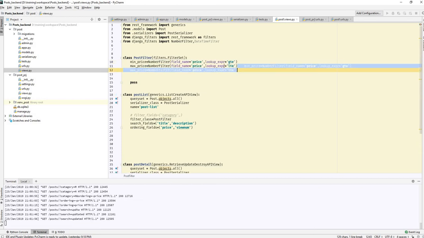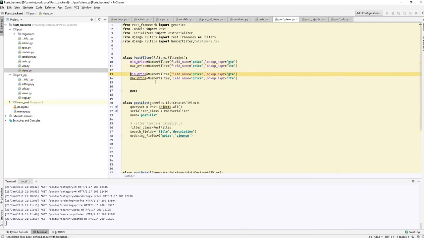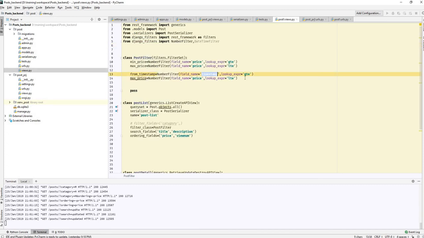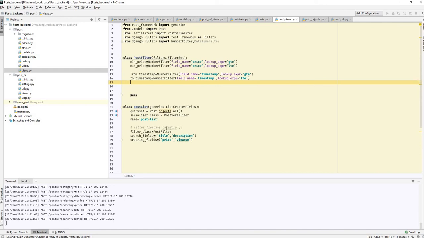So here I can make another copy of those two, and here let's say I would say from timestamp, and here I would say timestamp. Okay, and again this is going to come from my timestamp here, so let's copy that, make sure things are similar, and same as we had before. Here again same, and here again just I'm changing to. Okay, so this is how we are defining these new filters,